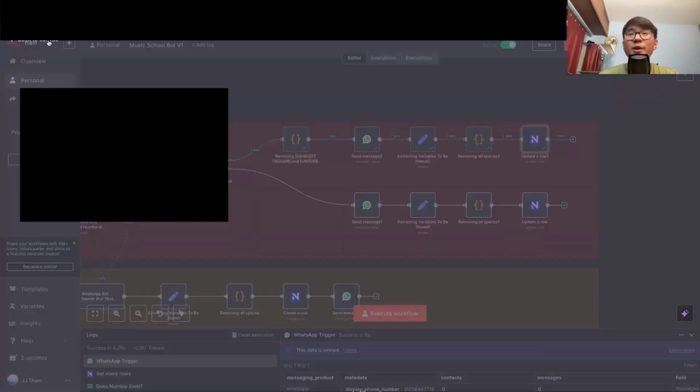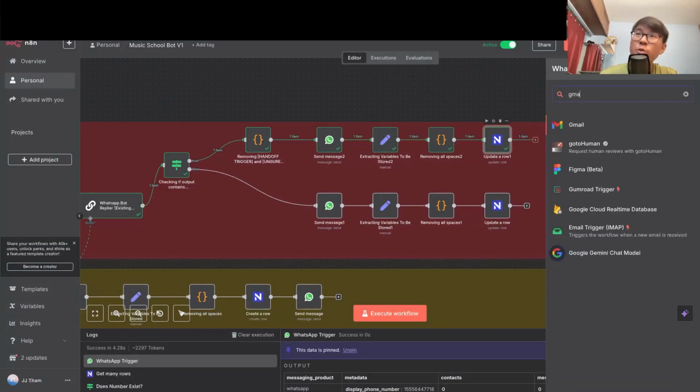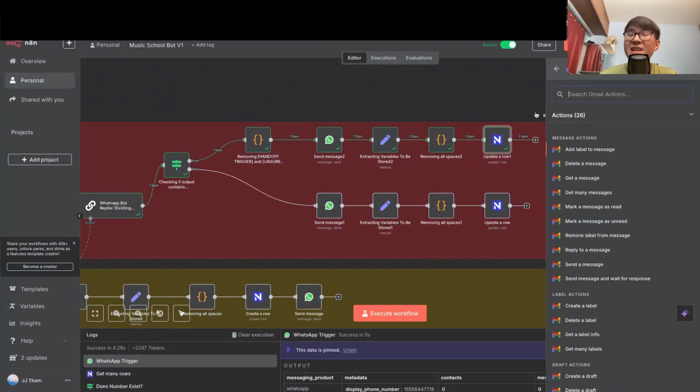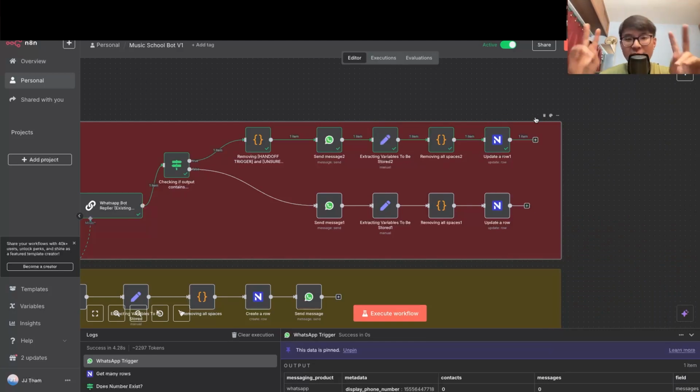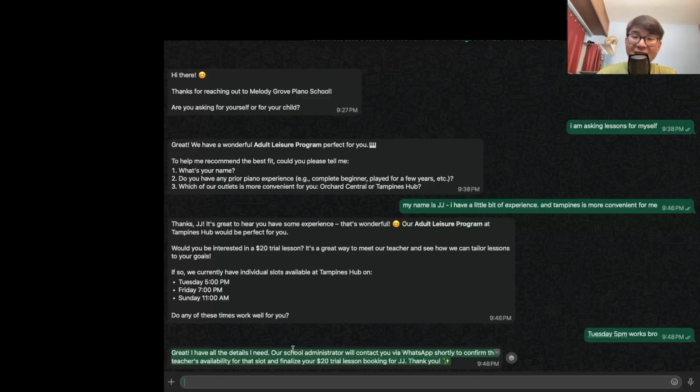The automation is not perfect, right? Because actually I could probably automate a Gmail node or automatic email or SMS, a bit ironic, right? A WhatsApp message to be sent to the school administrator. But this is where you can really automate anything along the way. If the potential customer is not ready to book a trial class, let the LLM do the work to try and convince the user to then sign up for a trial class, because you want to get the boring work done by the LLM for you.